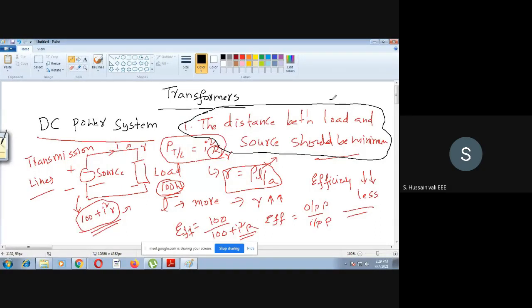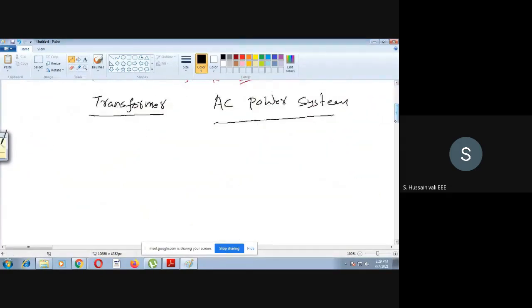So that is the reason you are going for this option: the distance between load and source should be minimum. But coming to the case of AC power system, when you have a transformer, before we go to this in detail,